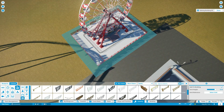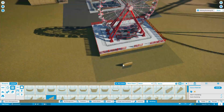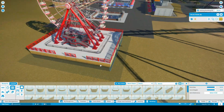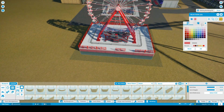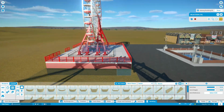Right over here, I'm working on another centerpiece. It'll be another Ferris wheel, like a Ferris wheel here for a centerpiece. And also, it'll also be